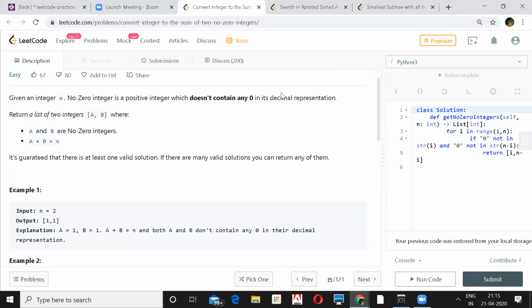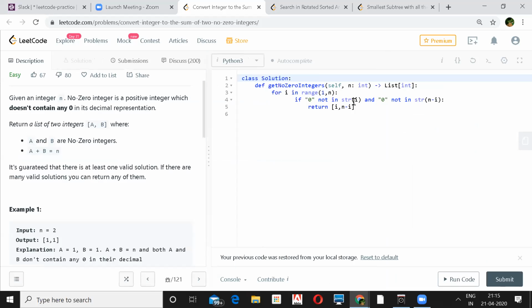She was saying about the same: iterate through each and every number starting from 1, take its complement, and check if there are any zeros in it, and keep on doing that. But is that the only efficient solution, or is there anything else you have researched? No, I have also used the same. I iterated from 1 to n, checking whether 0 is contained in the number or its complement. If not, then we append it. Apart from this, if anybody has some other approach, do share it.